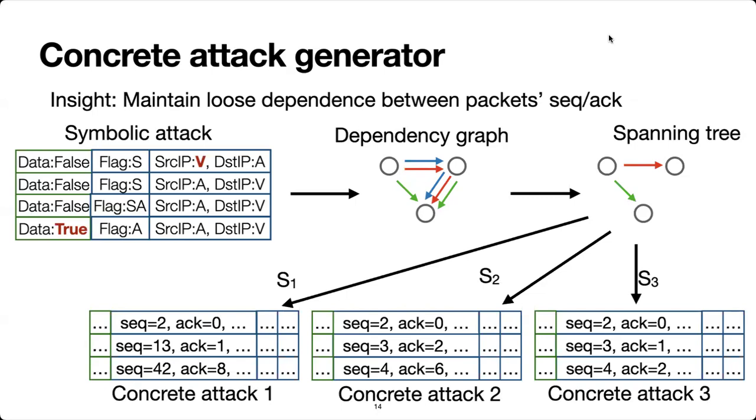An example of a baseline strategy is a random strategy, which just assigns sequence and ACK numbers randomly. Another strategy that we use is a delta step strategy, which assigns sequence and ACK numbers to a packet based on the previous packet's sequence and ACK number plus a certain delta amount, such as 1 or 2 or 10. So at the end of this workflow, we have a set of concrete PCAPs that can be played out on the network and evaluated for success.